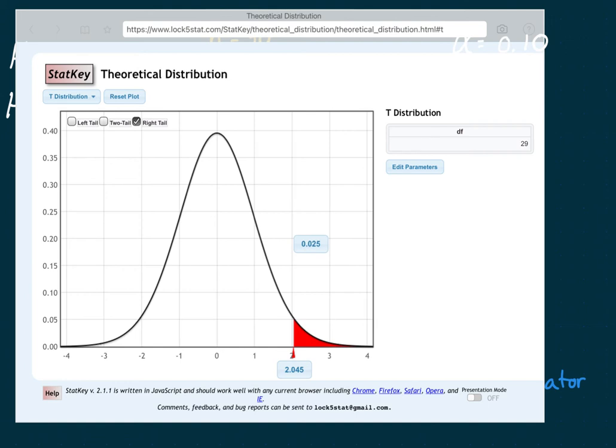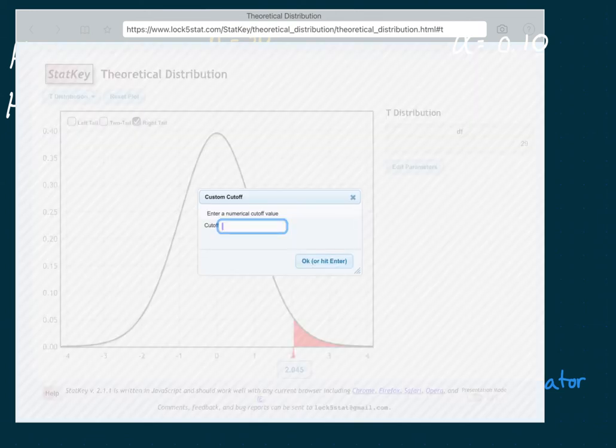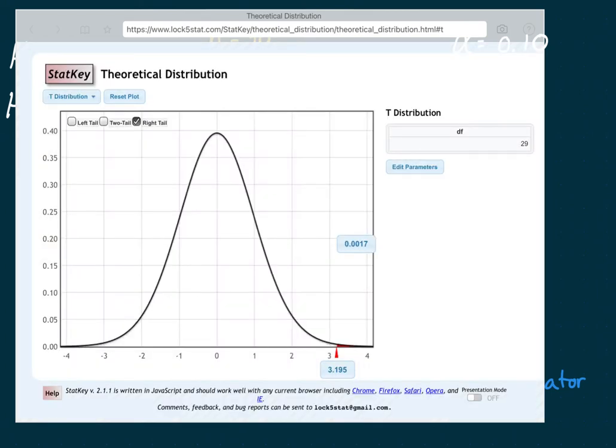There we go. And we have to change our cutoff value to equal the t-value, our test value that we have here. That test value is 3.195. And now this is moved. See how very little area is under here? It's not probable that you'll be beyond that. This value is